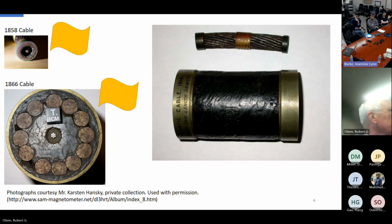Well, part of the reason for this was that they were looking at these cables as if the electricity flowed in the wires, all right, and worried about what the effect of the wire was on that. Well, this is when William Thomson, who later became Lord Kelvin, came along and started analyzing these things and realized